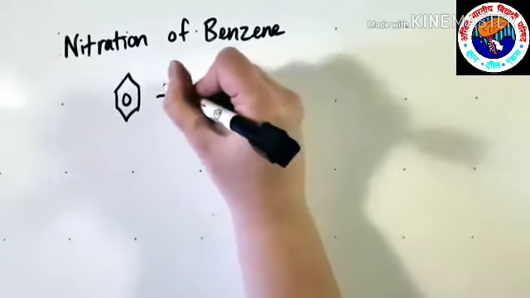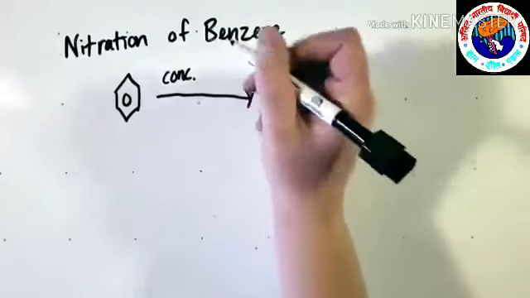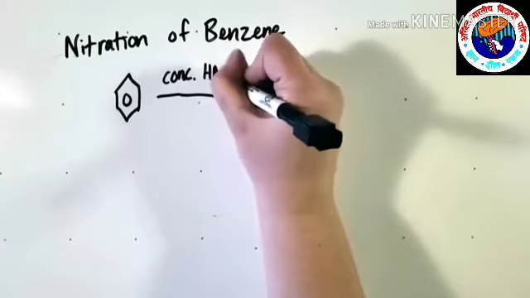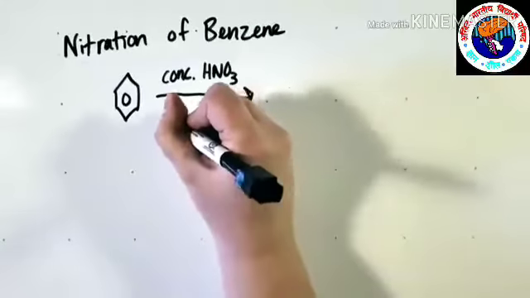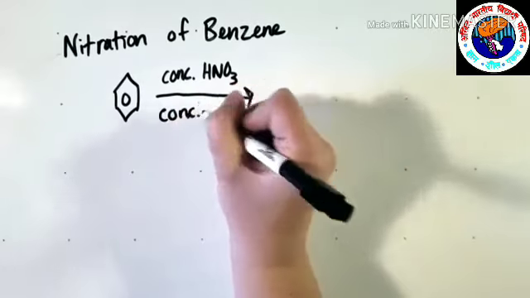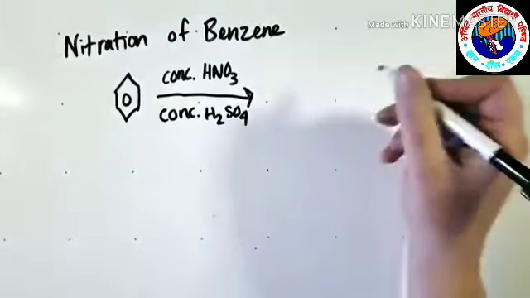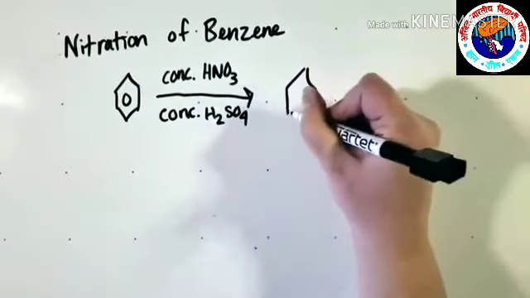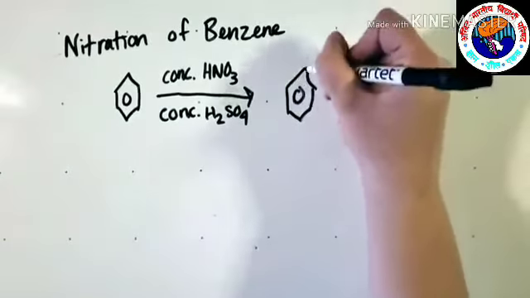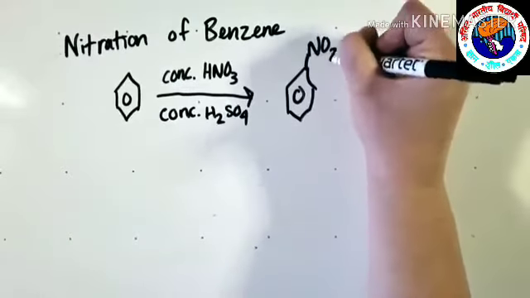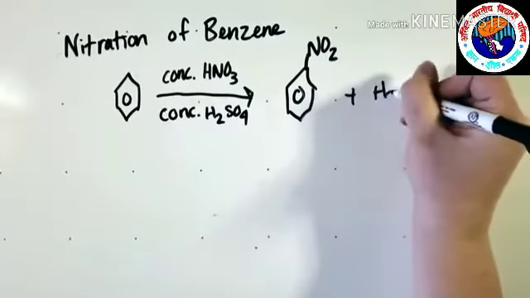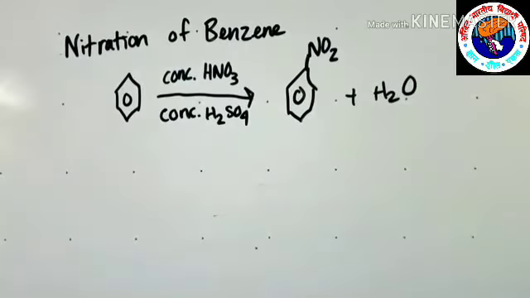So for this reaction, we are going to need concentrated nitric acid, and we're also going to need concentrated sulfuric acid. And we're going to make nitrobenzene, so an NO2, and water will also be made. All right, so for this mechanism, it is actually first important to know the equation of the making of the